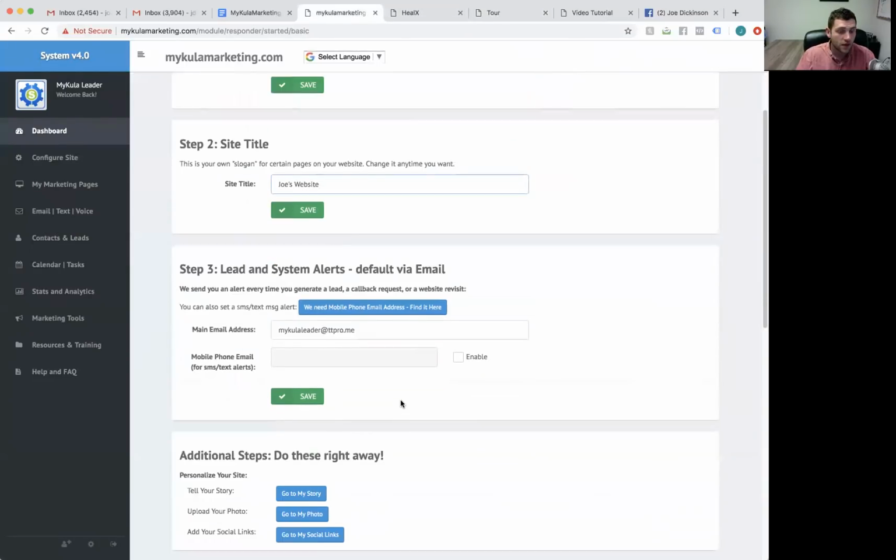That's what that is. Step 3, lead and system alerts. Be sure you turn these on. Now, every time someone opts into a page, or clicks a link open from your app, you will get a push notification to your phone through your app, as long as you have it downloaded on your phone and your notifications are enabled. But if you want to set up email alerts and also mobile phone alerts or text messages that will send out to you when a lead comes in or when a lead revisits your page or any activity like that,